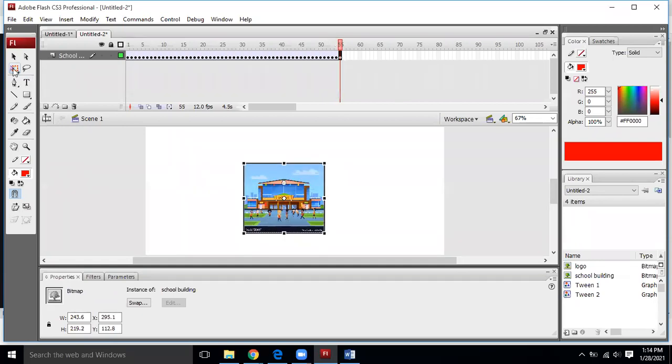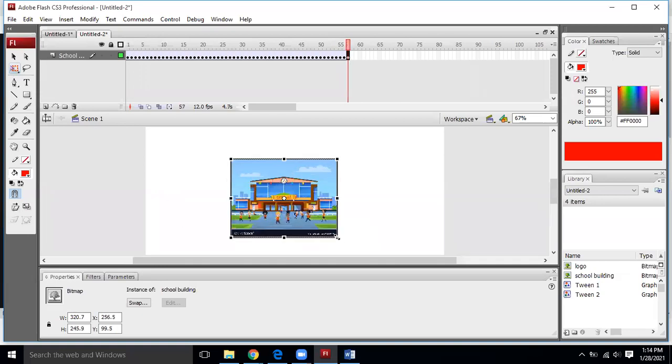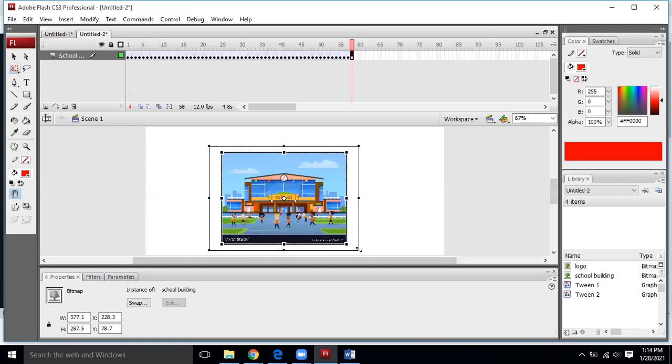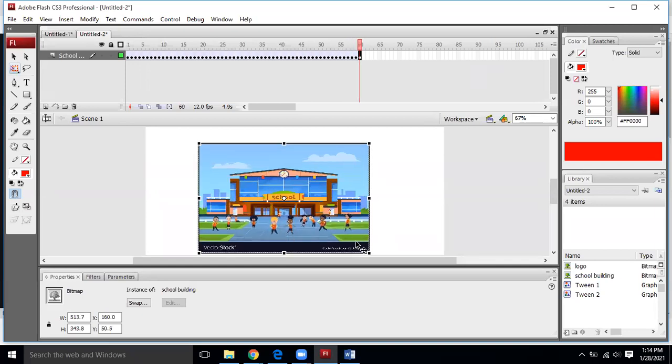How am I resizing? Using this tool. Can you see this tool? Free Transform tool. It is used to pick the object from the corners and to resize the object. So what I am doing is resizing it each time I press F6.